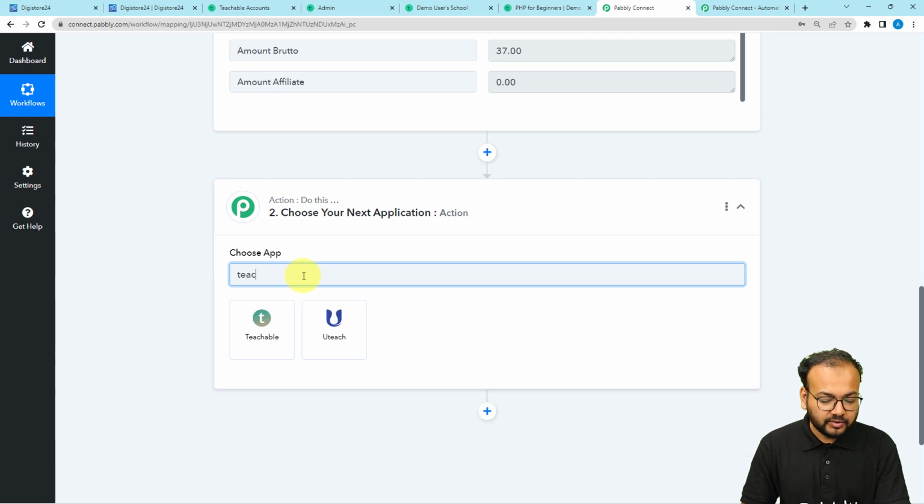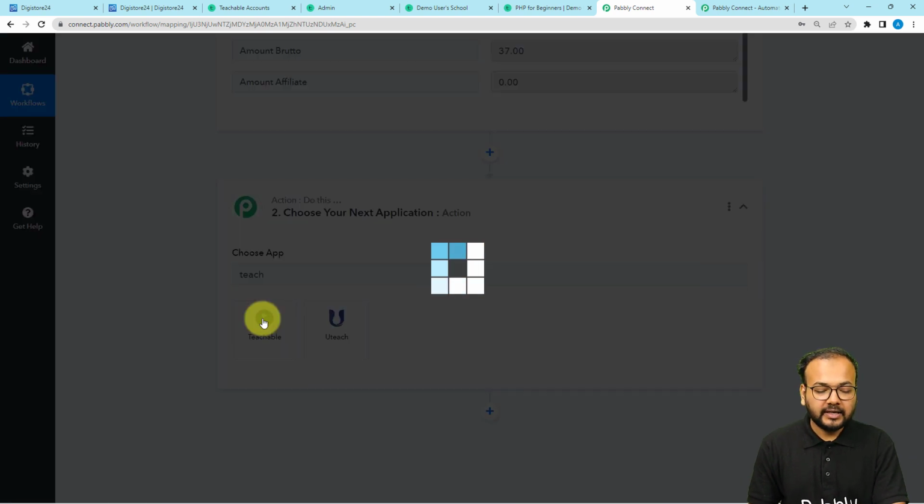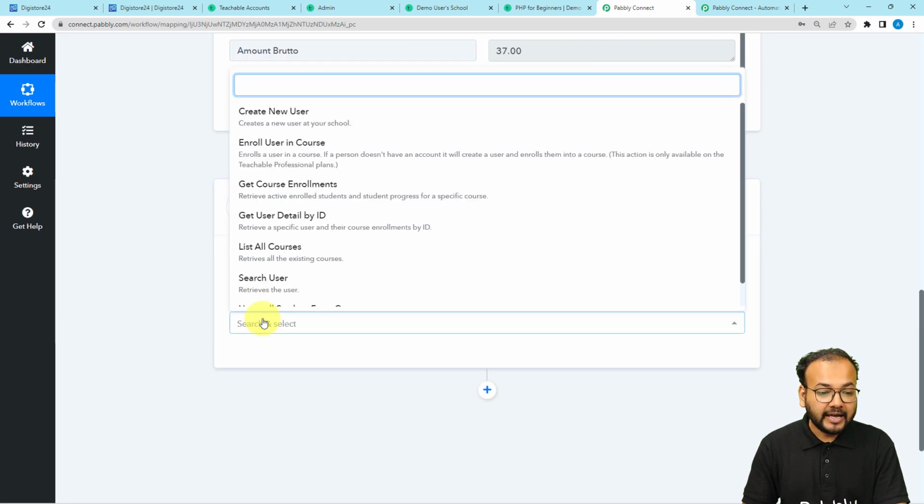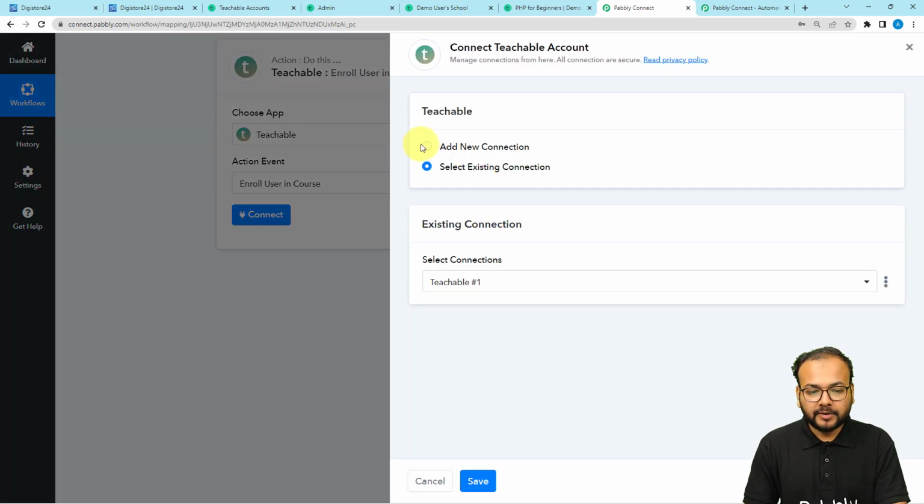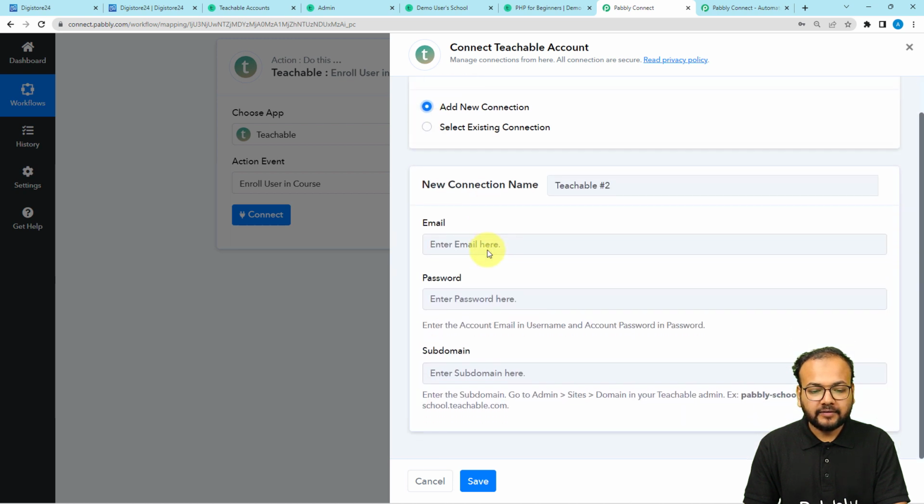So in this action window, search for Teachable, select the application, then select the action event as enroll user in course. Right, then click on the connect button. From here select add new connection, and it will ask you to fill out these details: the email address by which you have created the Teachable account, the password of your Teachable account, and the subdomain. So guys, you will have these details when you create your Teachable account, and for the subdomain you can just open your